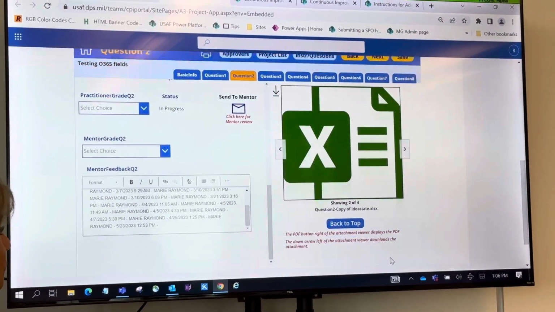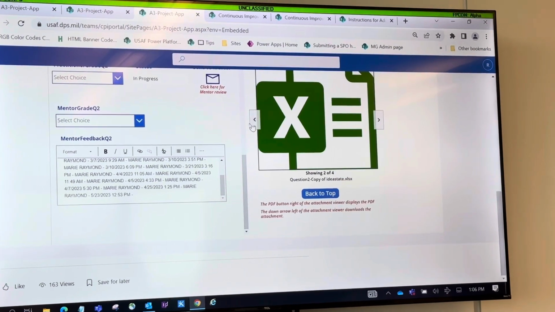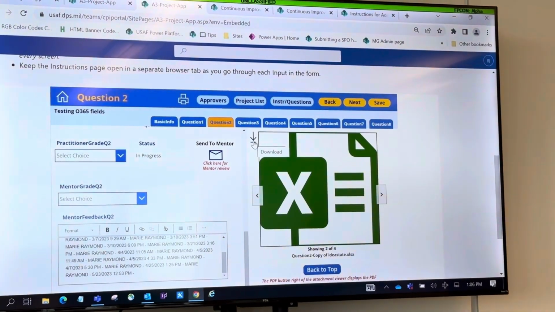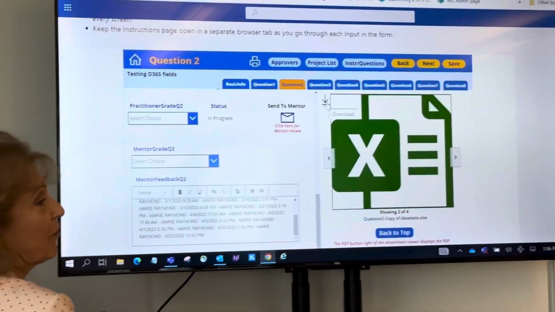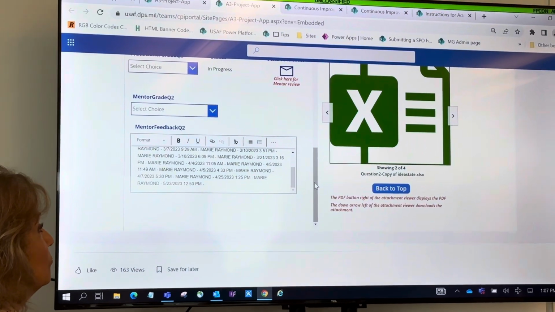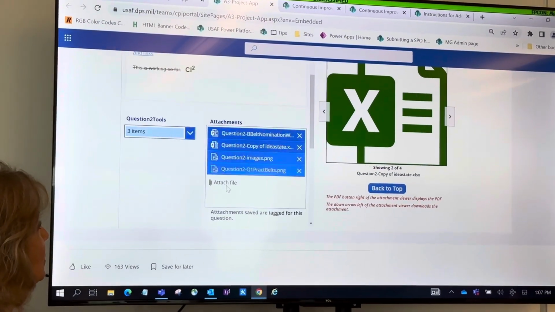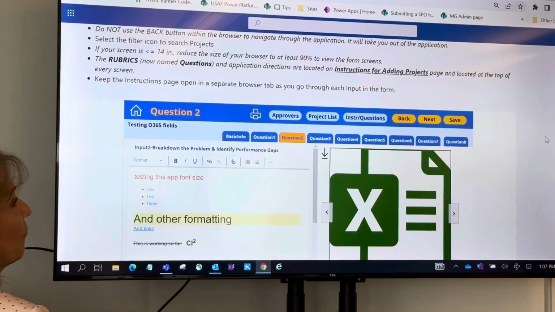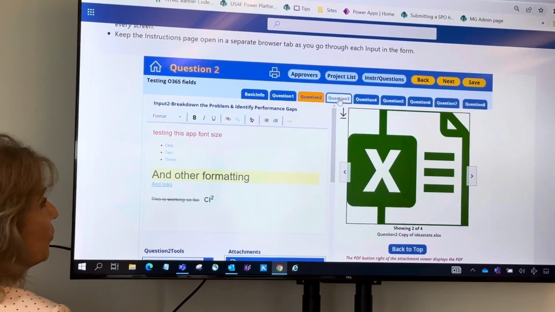Again, you can download these as well. Like if you were looking at somebody's project and you wanted to see this particular attachment, you can just go here and download it. And this is a feature that's consistent on every screen. Now when you get to question 3,